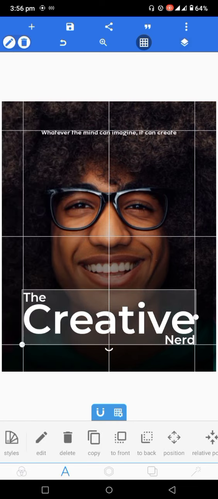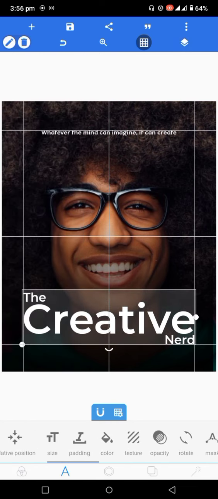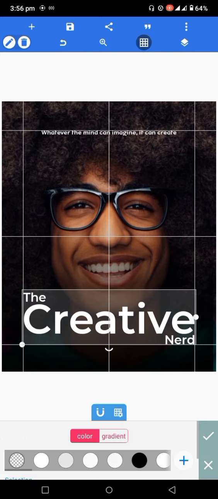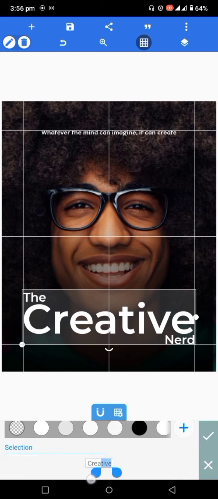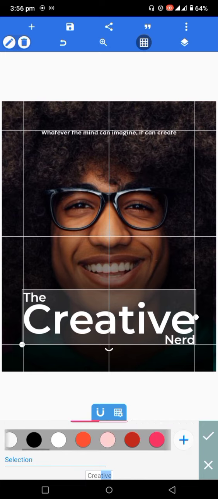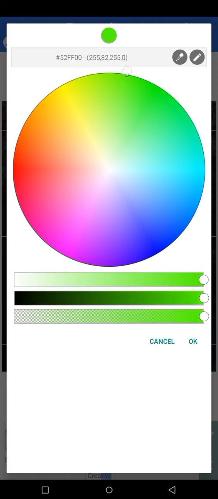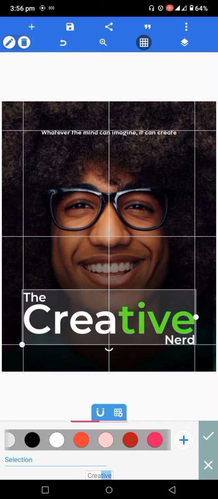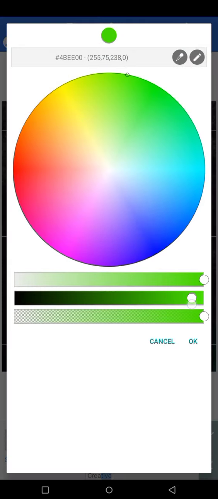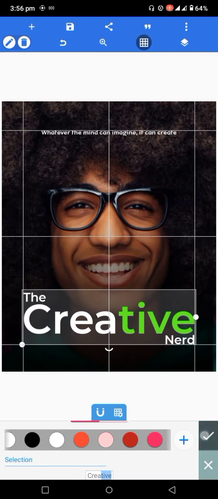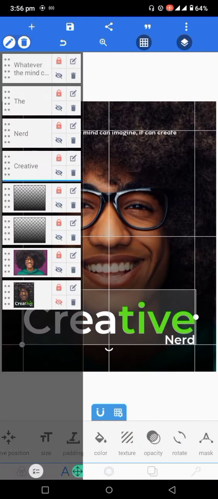Okay, so we're going to change the color now. I want to make some parts green and some other parts white, so we're going to select the green part. I want to make it a bit darker. Let's make it lighter. Okay, that's good. Change the D to